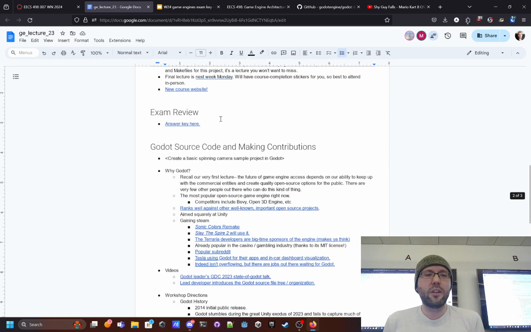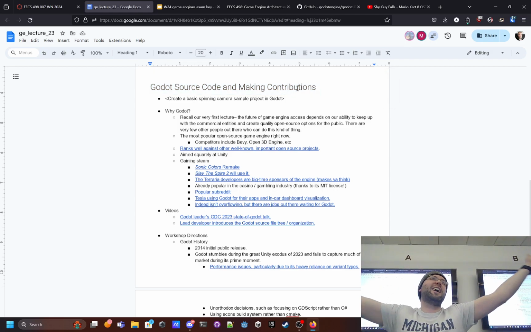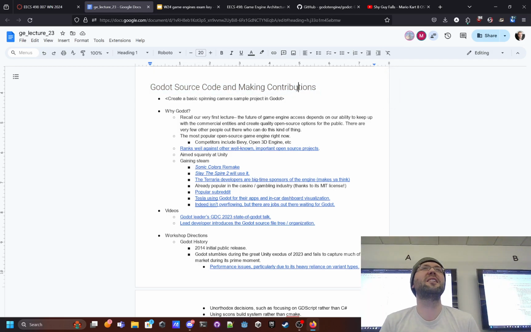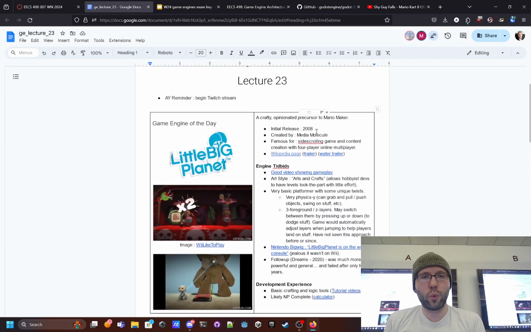before we get into the exam review, we're going to go through that pretty quickly, and then I want to show you how to clone and then how to build Godot and make some edits to Godot, okay? Before all that, we've got